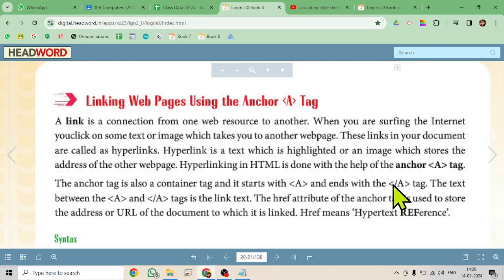You see the greater than, smaller than sign with a slash and an A. That means this is the closing, this is the start, and this is the closing. The text between this and this tag is the link text. The href